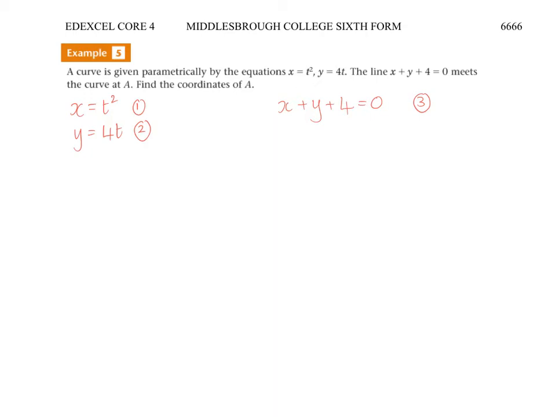So what we need to do is substitute 1 and 2 into 3, and that will allow us to find out the value of t. And once we find out what t is, then we can find out the x and y coordinates of A. So taking x, it's t squared, and y is 4t, and this produces a quadratic in t. If we factorise it,